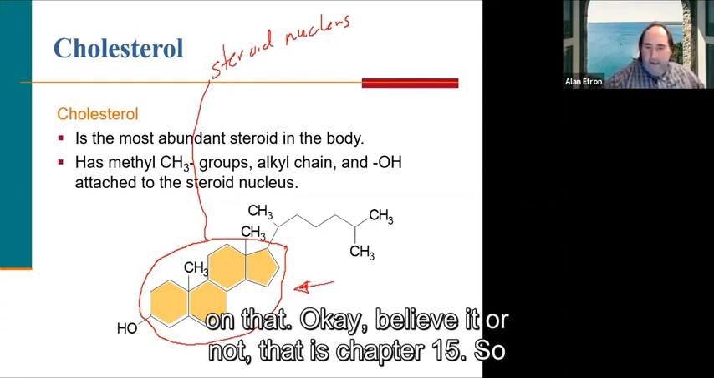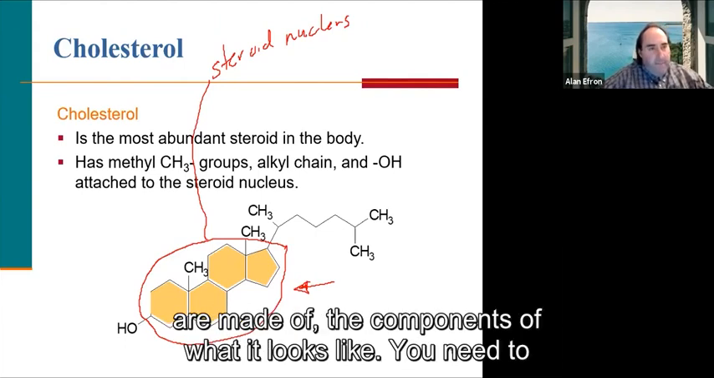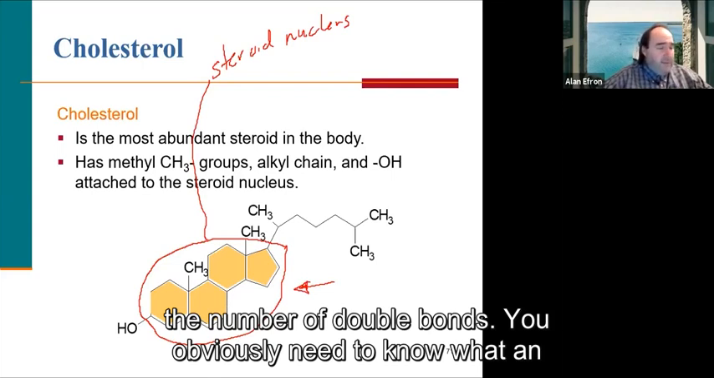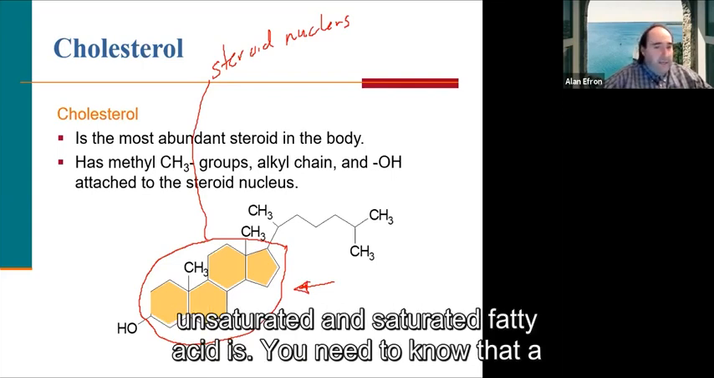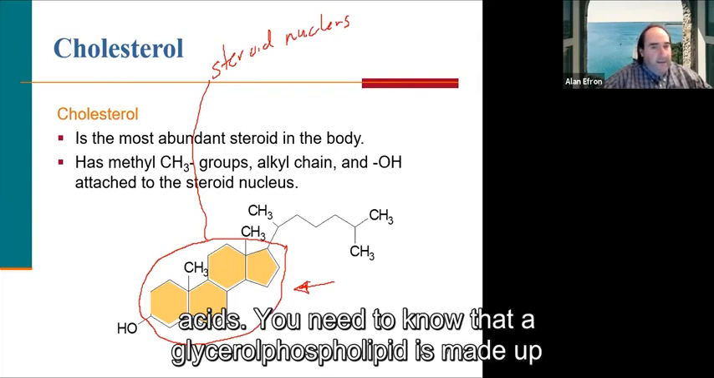Okay, believe it or not, that is chapter 15. So again, from chapter 15, you need to know fatty acids, what they are made of, the components of what it looks like. You need to be able to classify fatty acids by the number of carbons and the number of double bonds. You obviously need to know what an unsaturated and saturated fatty acid is. You need to know that a triacylglycerol is made up of a glycerol unit and 3 fatty acids. You need to know that a glycerol